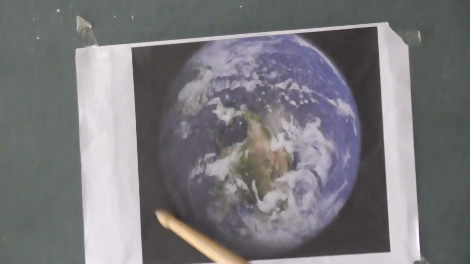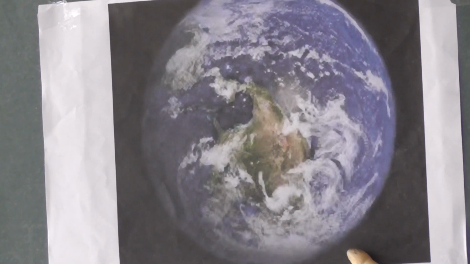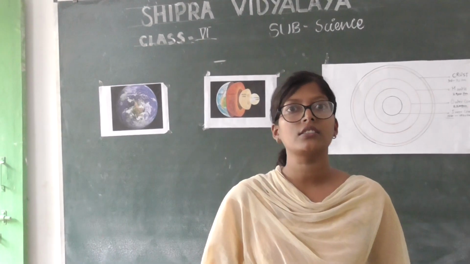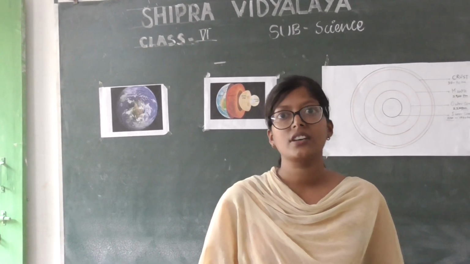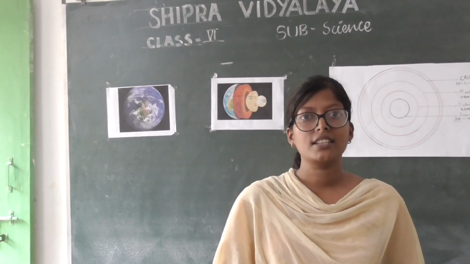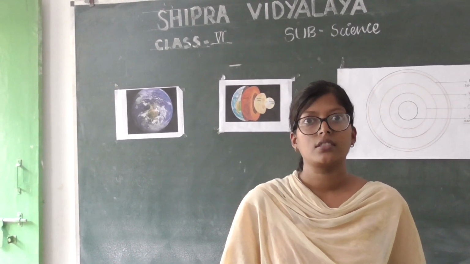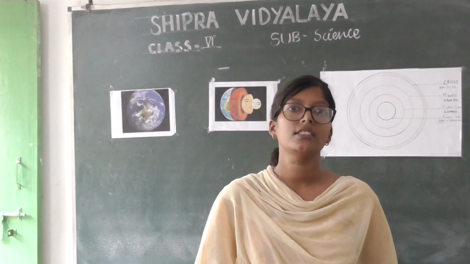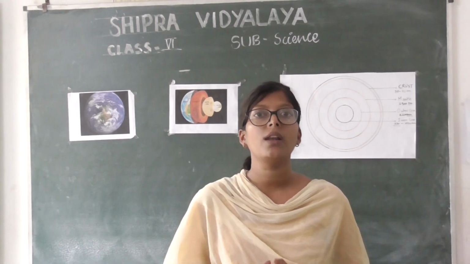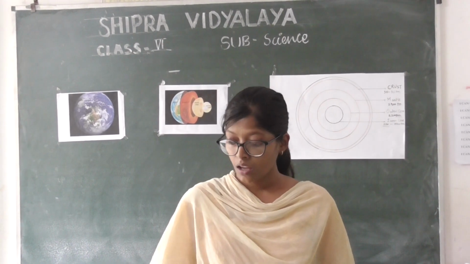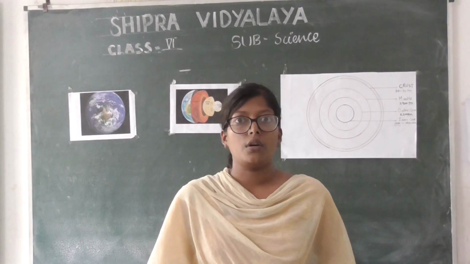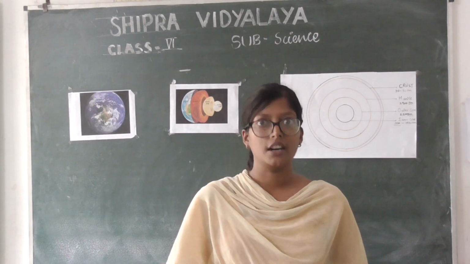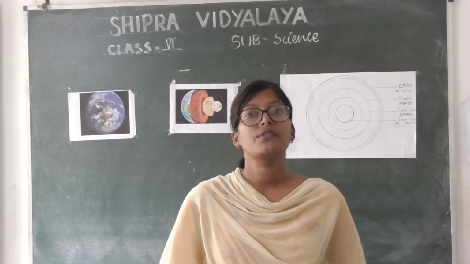The earth is round in shape. Look at the picture. It shows that the earth is round in shape. But the question is that when we see the earth, it doesn't appear round, it appears flat. Do you know the reason? It is because the earth is very big in size and we can't see the whole earth at a time. We see only a small part of the earth. In that way it appears flat.